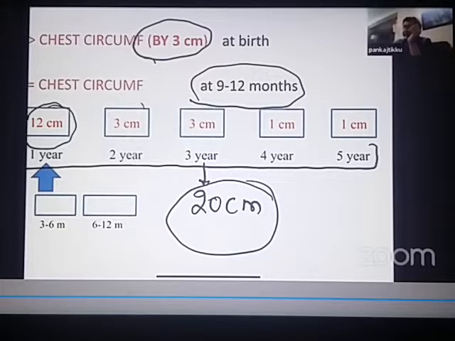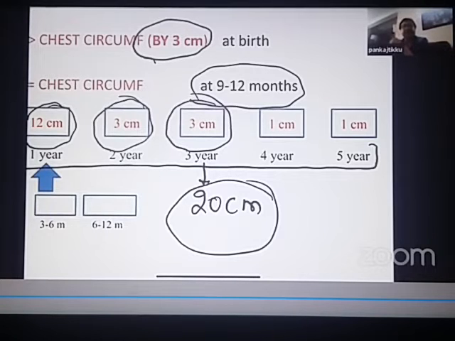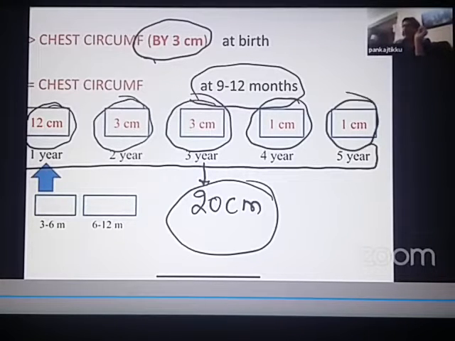Then in the second year, there is an increase of 3 centimeters. In the third year, there is an increase of 3 centimeters. In the fourth year, there is an increase of just 1 centimeter throughout the year. So you can see how slow it has become. And in the fifth year, it is an increase of 1 centimeter. So I'm repeating again, out of the 20 centimeters increase that occurs in 5 years, what was the head circumference at